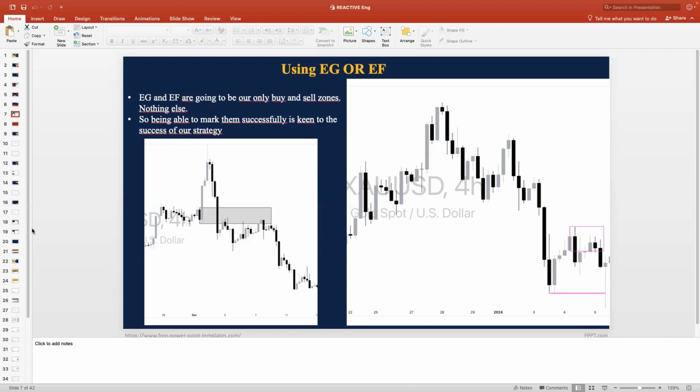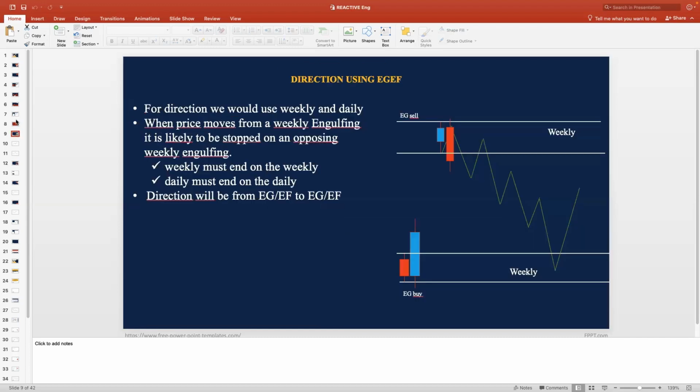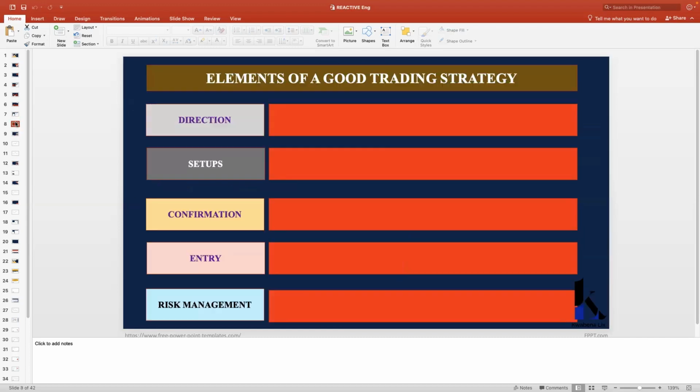Let me see what we have. I think I've already talked about this. We are going to look at direction. Before we start doing direction and everything, you need to have a clear understanding of what engulfing is. So your assignment is that you are going to take a pair